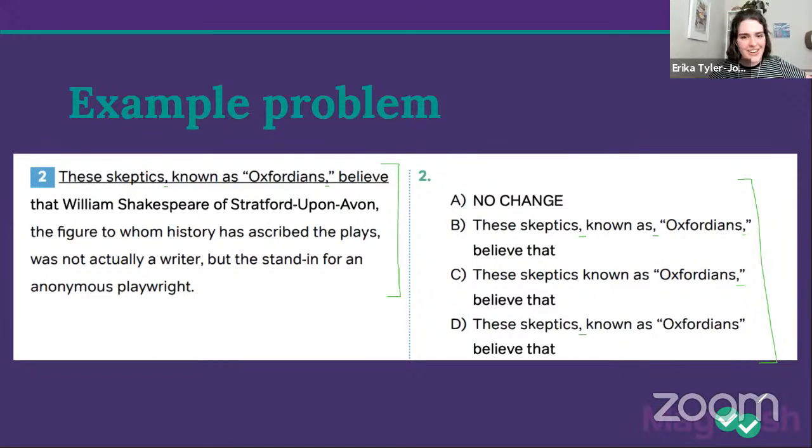Okay, now that I've said all of this, go ahead and give this a go. Again, if you're not entirely sure, maybe consider doing some cut the fluff on this sentence. Let's go ahead and answer either in the chat or in the poll, A, B, C, or D. Let me know what you think. Take about 30 seconds. And we got a poll up, so if you can answer in that poll, even if you've already answered in the chat, that'd be great.